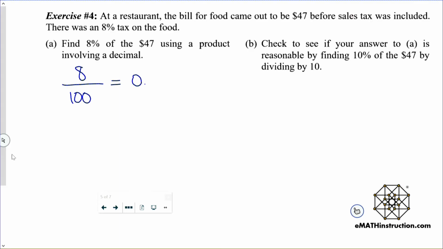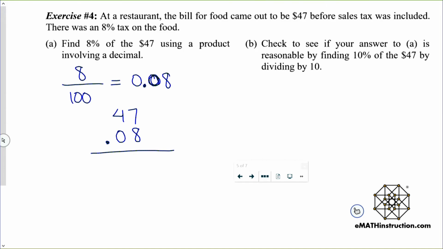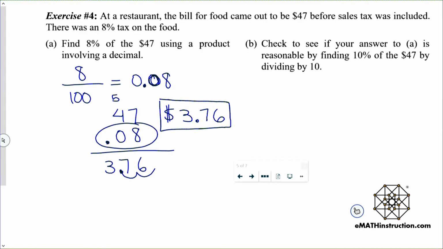So this is 0.08, and that's what I want to multiply the 47 by. Let me just move this away. I'm going to multiply 47 by 0.08. All right, here we go. 8 times 7 is 56, carry the 5. 8 times 4 is 32, plus another 5 is 37. All right, and that's actually it. That's all I do, because that 0 is not going to contribute anything. I'm going to then move my decimal 2 places to the left, because I have 2 decimals in that product, and we find that 8% of $47 is